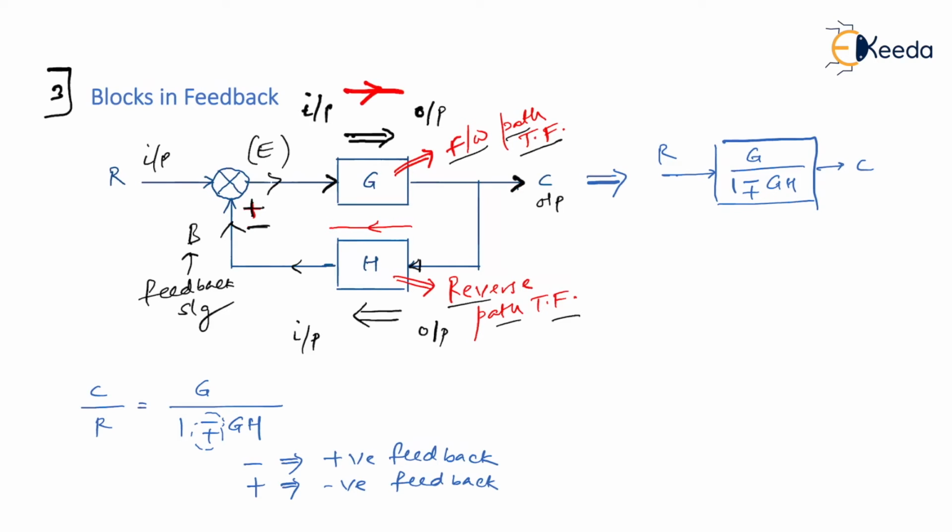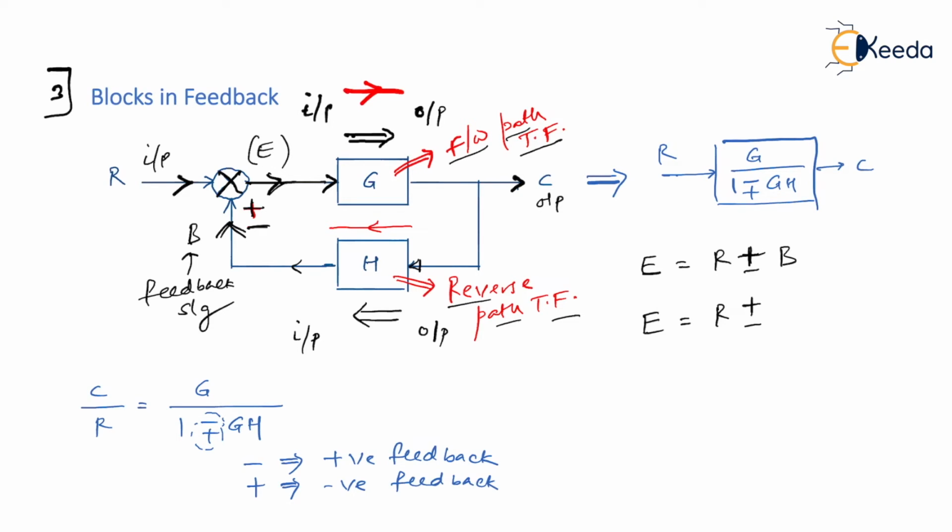So once you have understood this terminology, now look at the summing point. This summing point has got two inputs. One is R, the other one is B. So E, if I assume as output, again there is nothing to assume, E is the actual output, then I can write E equal to R plus or minus B. Why plus or minus? Because during positive feedback it will be R plus B, and during negative feedback it will be R minus B. I hope you understood this. Then error equal to R plus minus B.